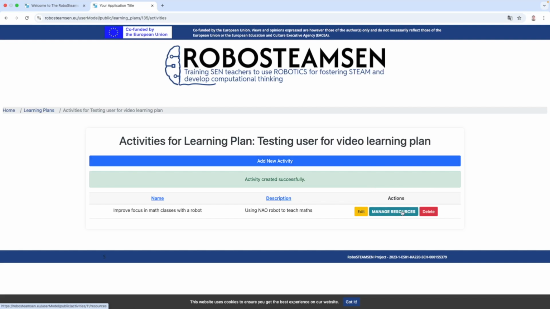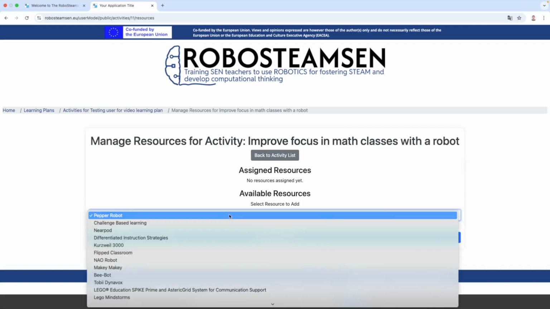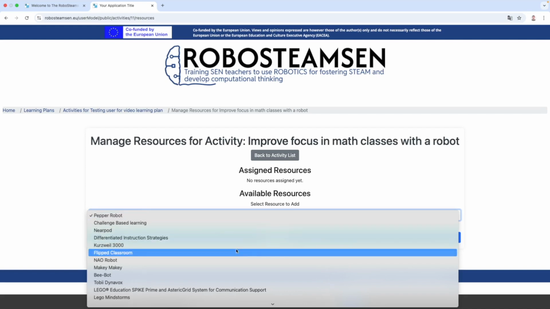An educational resource is something that you can use to carry out your activity. You can use one or several resources per activity. So we can go to manage resources, and here I can add one of them. These resources have been included into our project portal through a form,